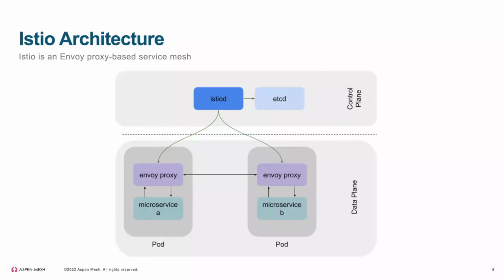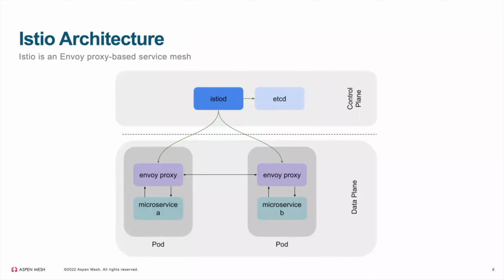I think one thing I wanted to point out is Istio D used to be three separate components: Mixer, Pilot, and Citadel. And you still see references to those names. They've all been collapsed into a single Istio D component. But if you see references, you will still see references to Mixer or Citadel. That's part of Istio D now. They still exist logically, but it's a single component now.